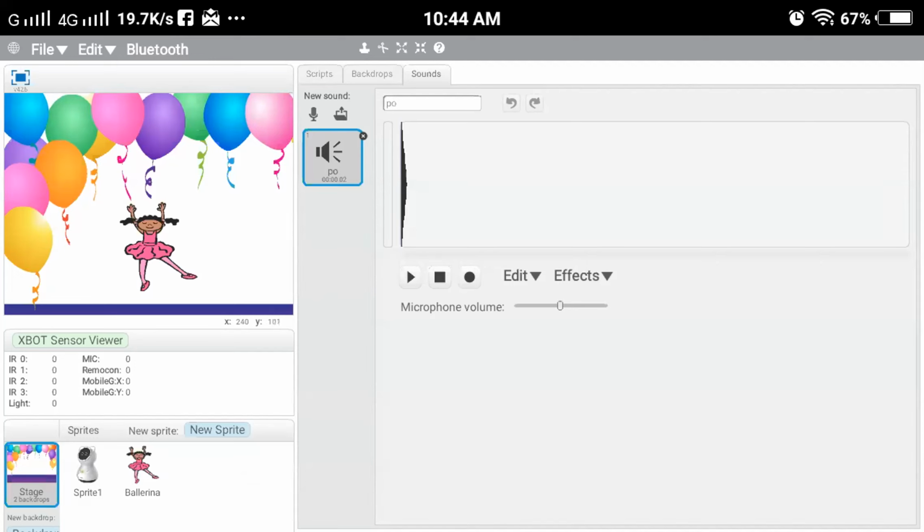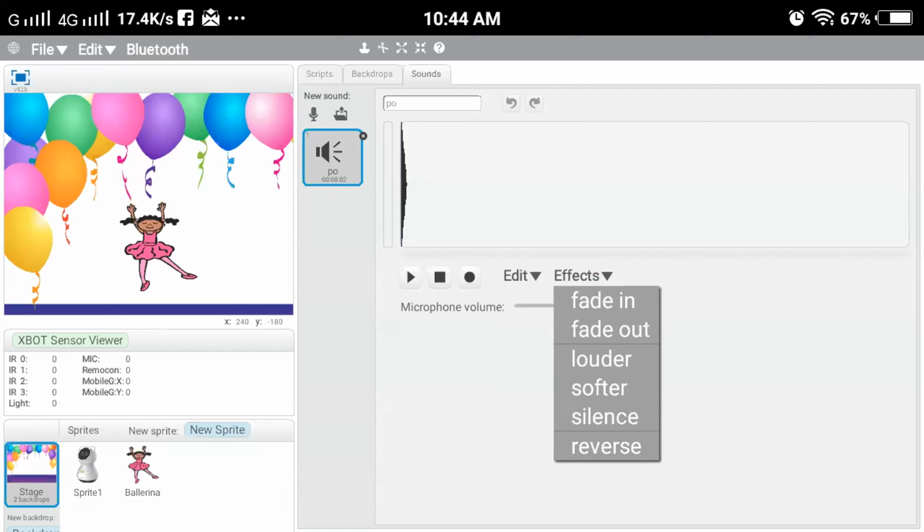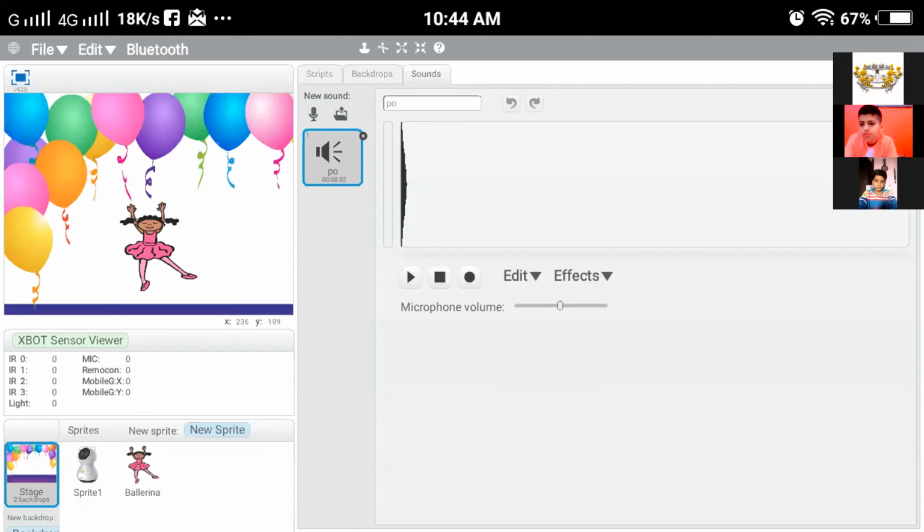See, it is very difficult to press the buttons on the phone, but as I told you, it's not impossible. You can do it. Okay, let it be the pop sound only.